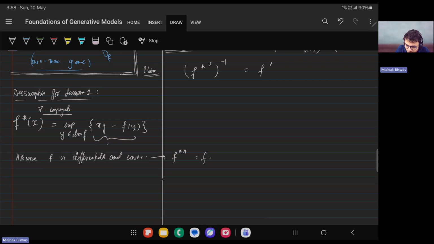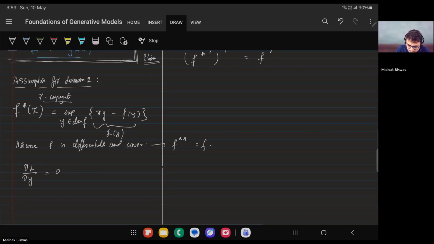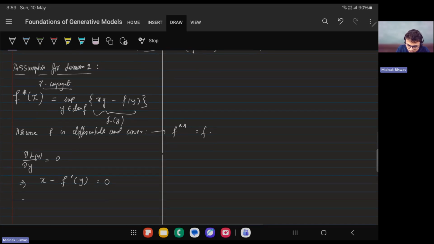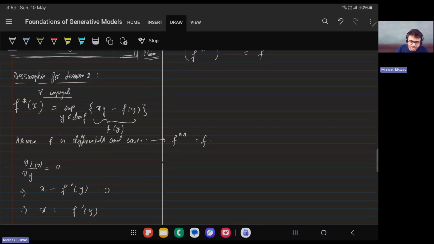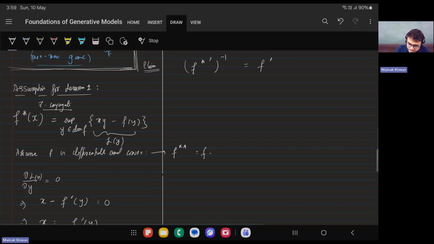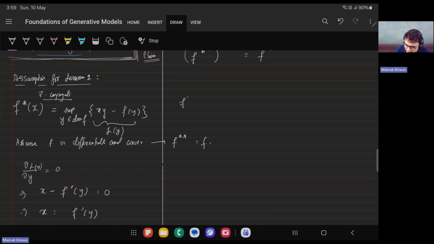Let this be the objective L of y. So let's just do dL/dy and set it to 0. And what we will see is x minus f dash of y is equal to 0, which gives me x is equal to f dash of y. So this is one equation that I get, and therefore on my right, I can write f star of x in terms of y,